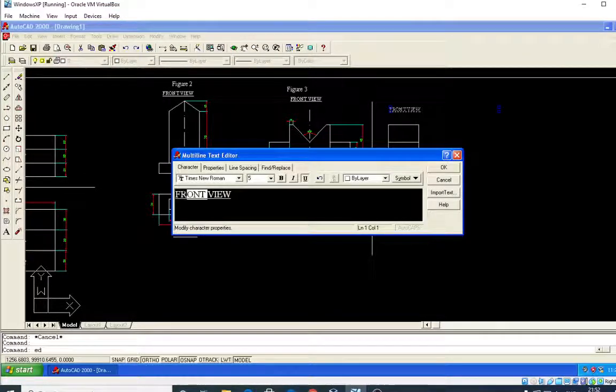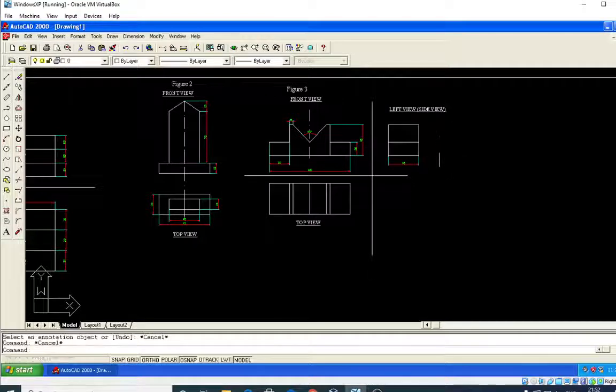Select this side view or left view. In bracket I can write it as, it is also side view. Okay, so it is ready, left view or side view.